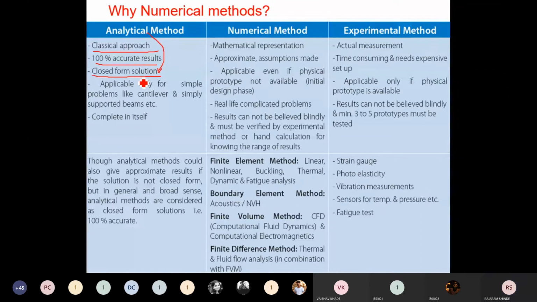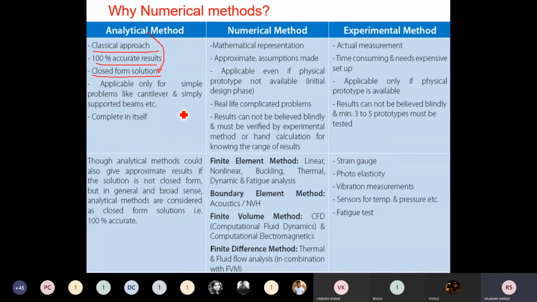Now, Bernoulli's equation is derived on the basis of the ideal fluid. That means you have used the concept of an ideal fluid for deriving Bernoulli's equation. In an ideal fluid, there is no viscosity. But in real life problems, there is no fluid which has zero viscosity. Do you agree with this? So while using these analytical methods for this type of problem, you will not get the results.